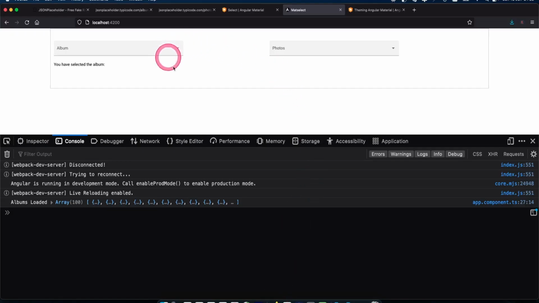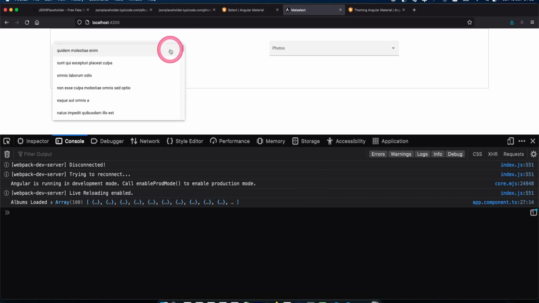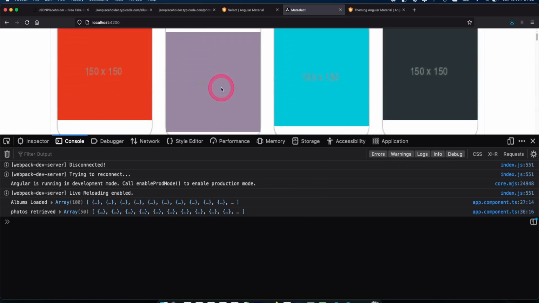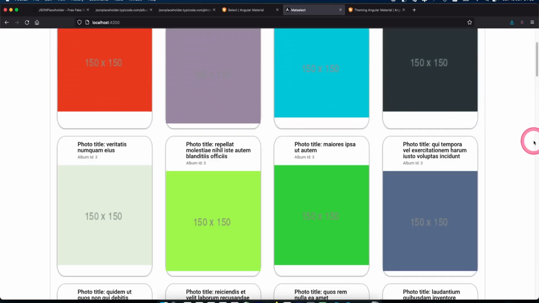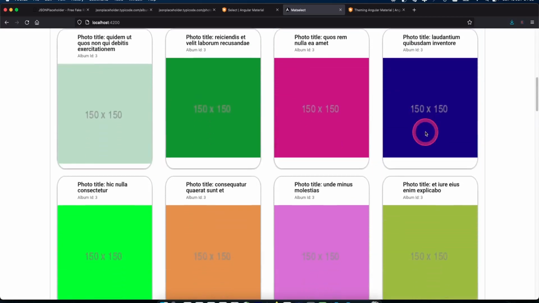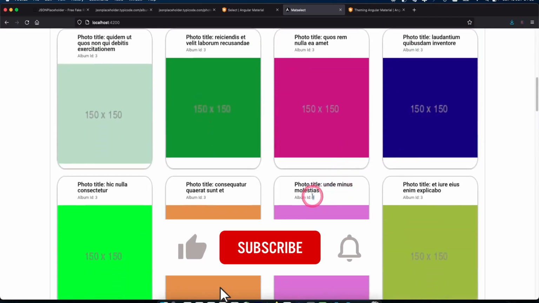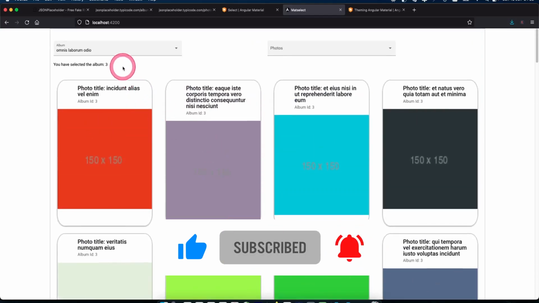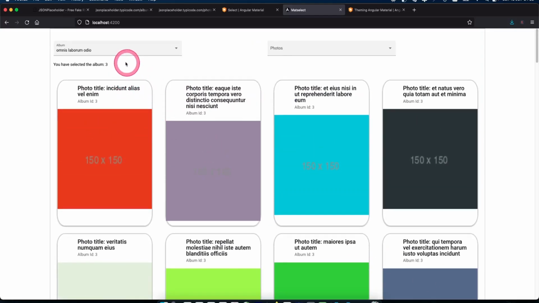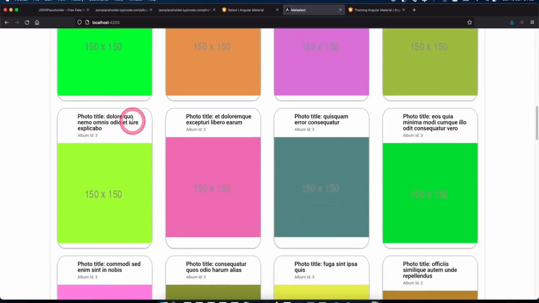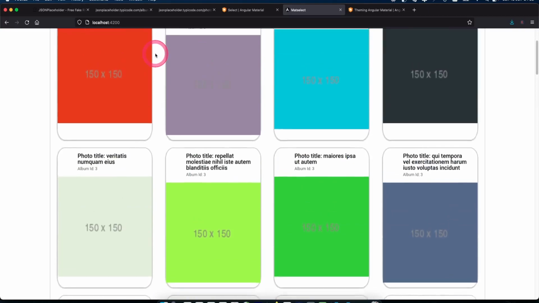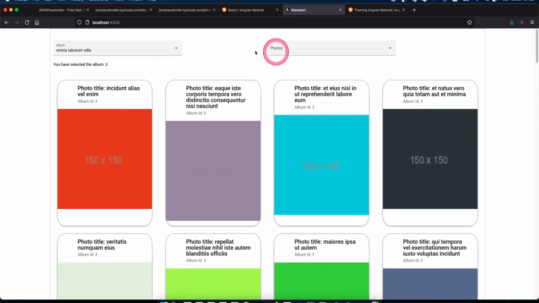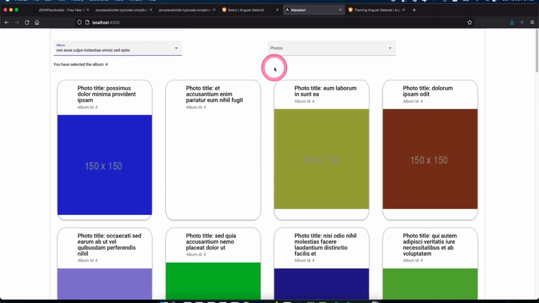So now let's see. Let's select an album. It loads all of that. So you can see this is the ID number 3, and the photos we're looking at are photos of album number 3. So you can load this data in any way you see fit, or you can filter it based on that.